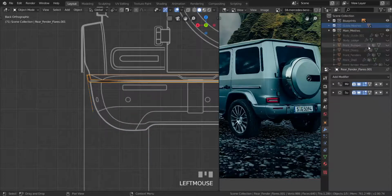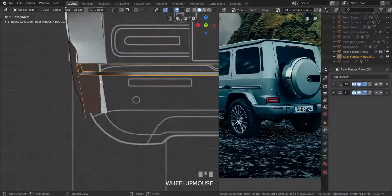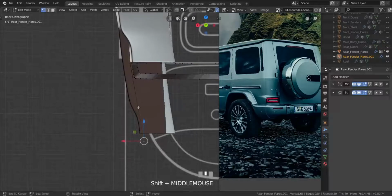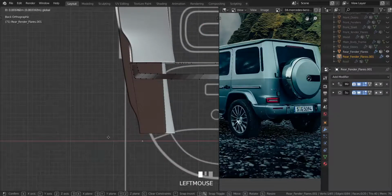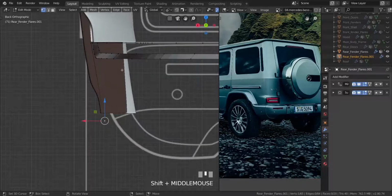Yeah, minimize. Shows this rev fender flares. There it is. Alright. So you can see the angle right there. We have to follow that angle very nicely like that. Now let me keep this over there. We'll just add in another vertex over here and match it